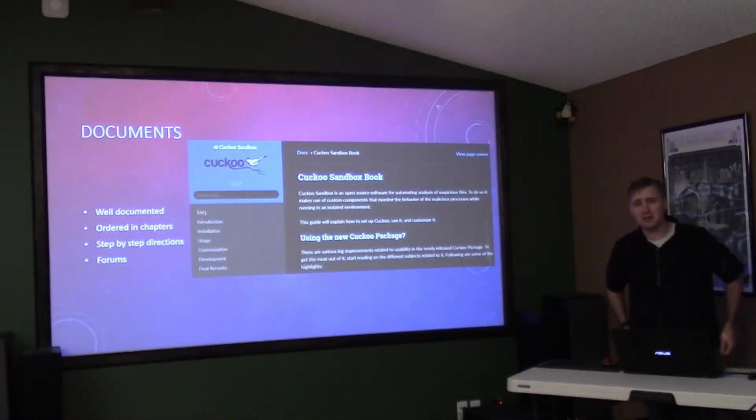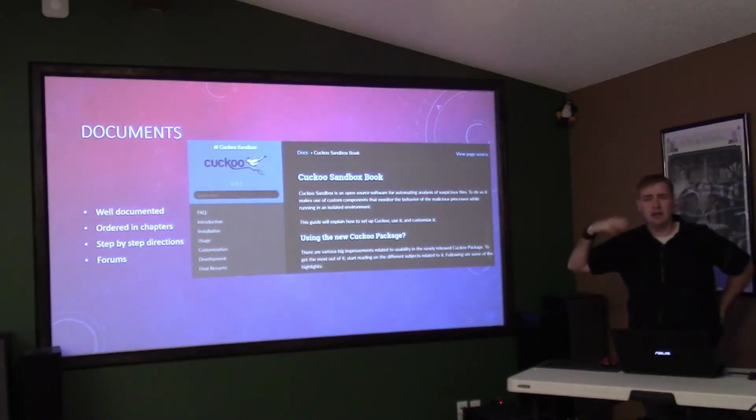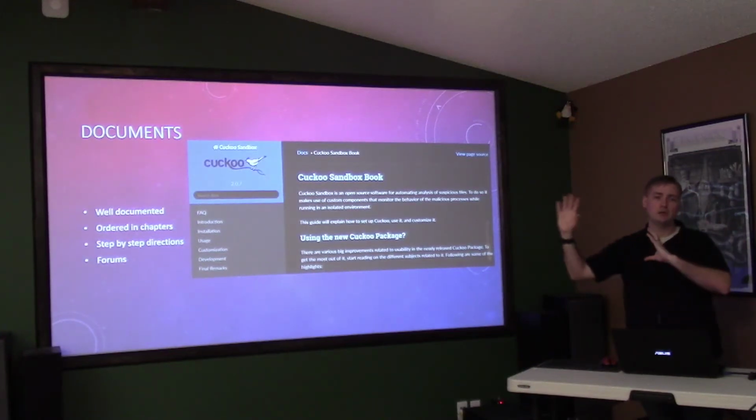Cuckoo's also very well documented. They've got this kind of book style format that gives a lot of detail, a lot of information. Some of it says run this, run this, run this, and it'll give you really detailed step-by-step instructions. Some of it says, hey, you're going to need to install this, so go to that website and follow their